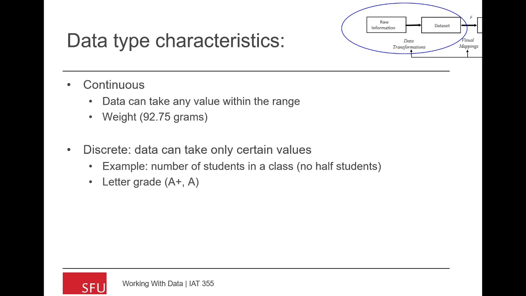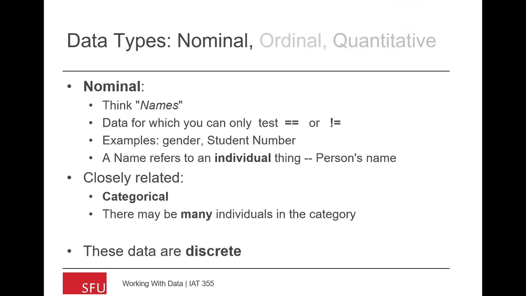And the continuous thing comes from a mathematical analysis, in case you wondered. So let's now talk about the various types of data that one can find in a data set. The first type of data is nominal data. And by nominal, think names, okay? And that's data for which you can only do a very limited